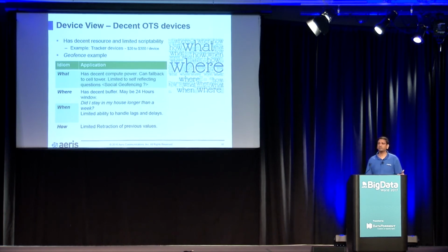There are varying degrees. Some of them allow you to update a script, and some of them you cannot update any script. You can configure the device, like the frequency of how often it sends the data. You can configure that in almost all these types of devices. But if you want to do some edge processing, I don't know how many of you are familiar with the word edge processing or fog computing, right? Okay, a few of you. Edge processing or fog computing is very relevant for stream processing for IoT. The way I think about it is that edge processing is an extension of stream processing for IoT.